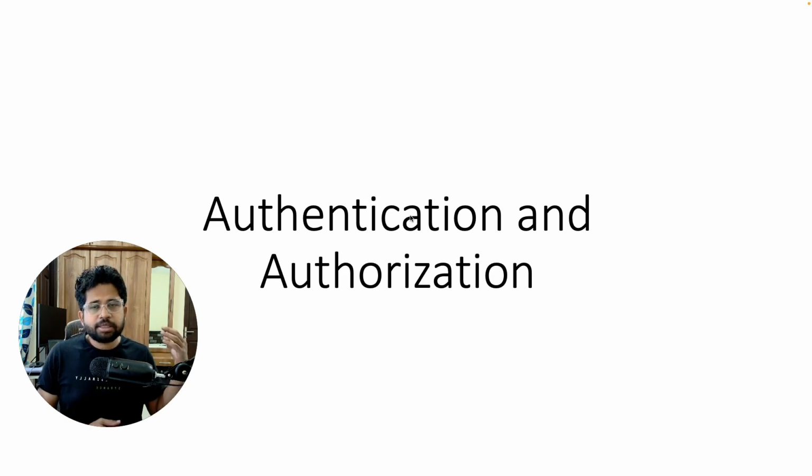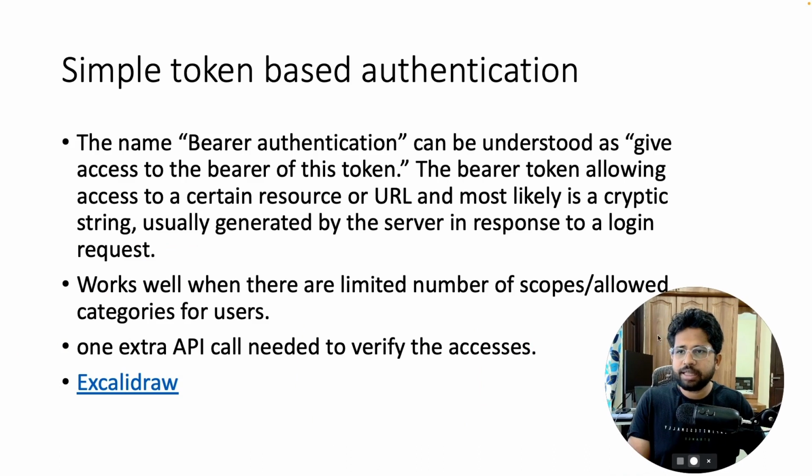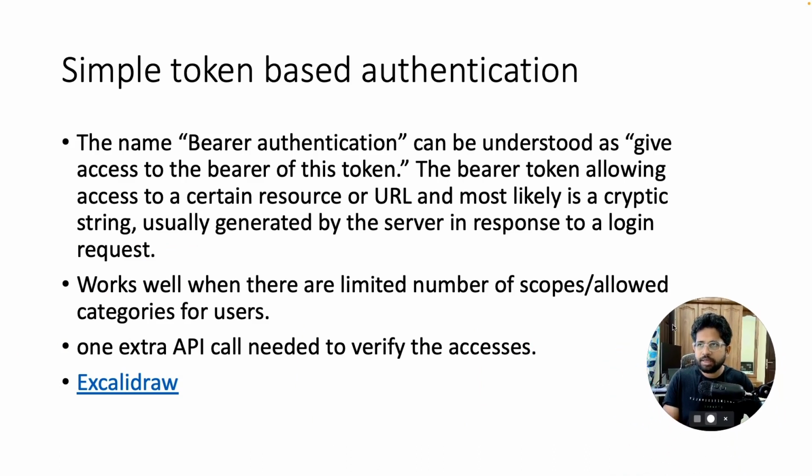So authorization helps you decide whether a particular API is allowed for you or not, and authentication is to claim that if I am Anubhav, I'll be able to verify that yes, I am actually Anubhav. These are the two important things, and when you build systems, both are important, even though the definitions are a little bit here and there. When we talk about systems in production, both generally come into play. So let's first talk about the approach which used to exist in the past, and then we'll see how things evolved overall.